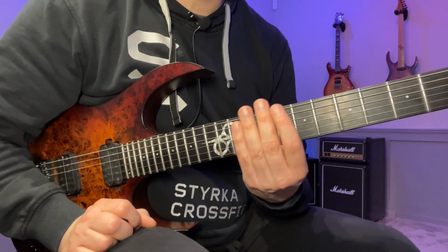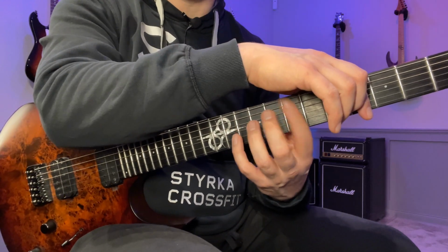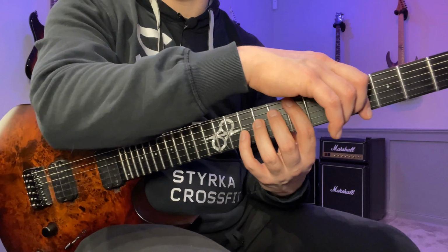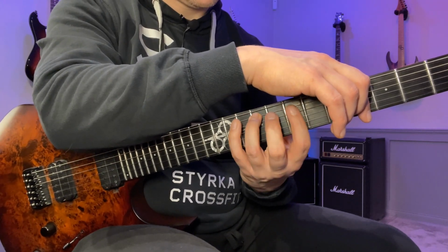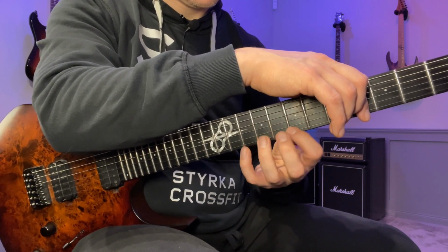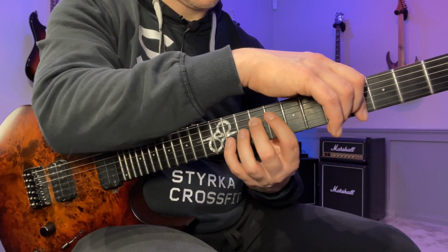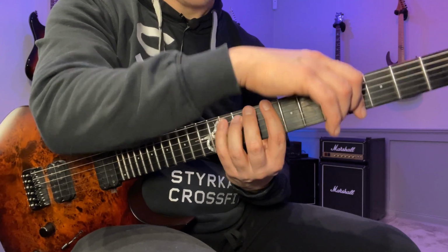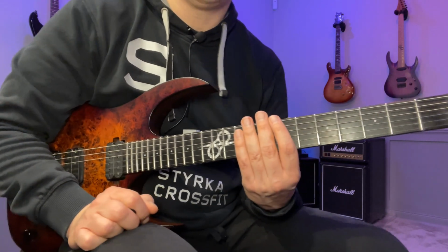All right, so I'm just going to go through this with 1, 2, 4, 3 as well. So it's going to go like this: 1, 2, 4, 3. Right, so slowly. And then you simply move on to the next variation, and you keep going like that until you've done all